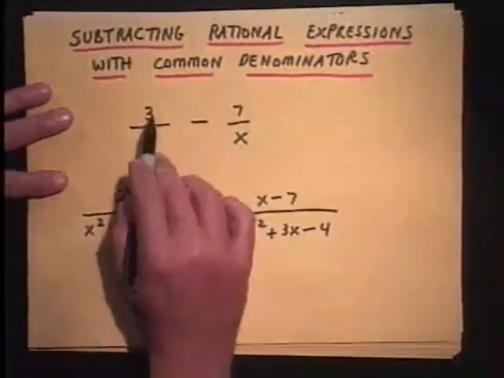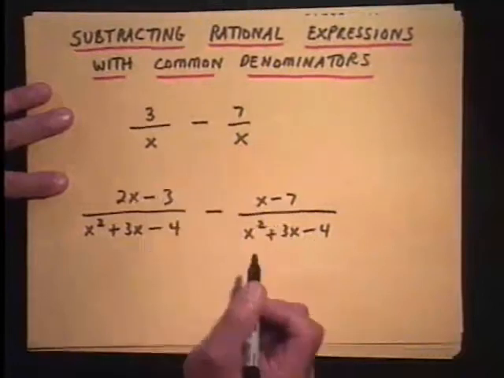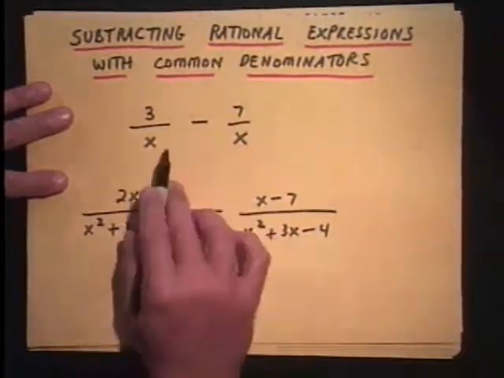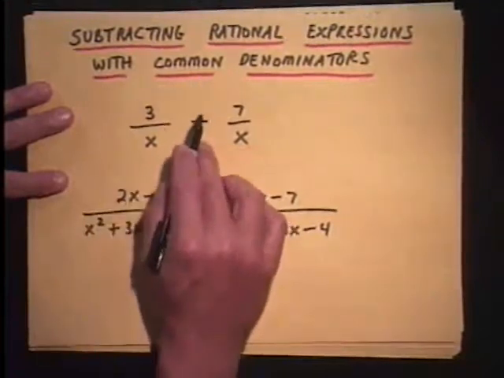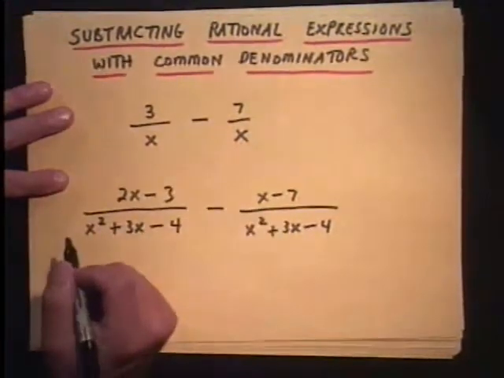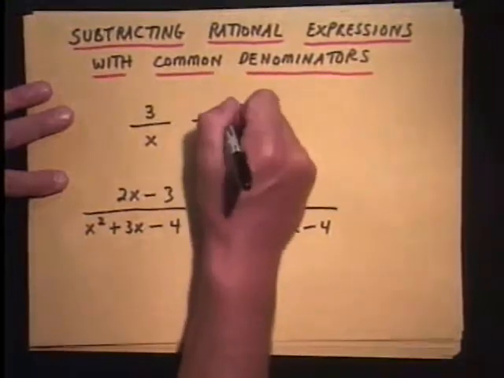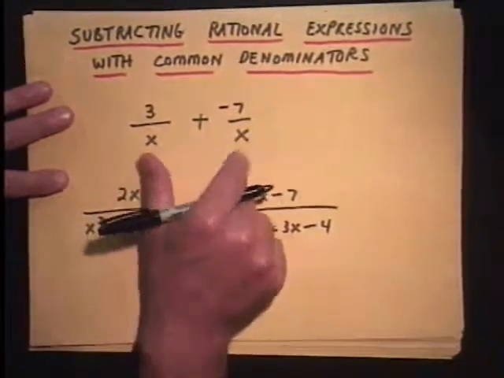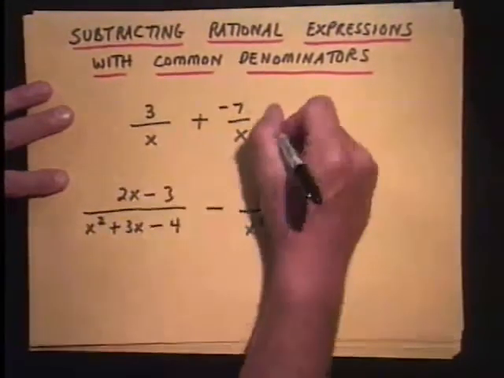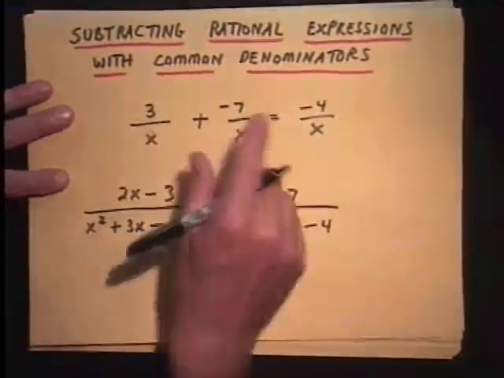All right, so 3 over x minus 7 over x. Now remember that negative rule we talked about earlier? With these subtraction fractions, believe it or not, they're dangerous. I want to take that minus sign and put it in the top, if that's all right with everyone. So what I'm going to do is distribute the minus through. I'm going to write that as plus negative 7 over x because I think you can see that a little bit better now. Now, a lot of you would have said, Young, I would have got that anyway. I would have got negative 4 on top over x, subtracting those the way it was,